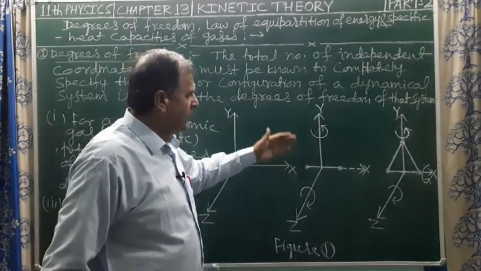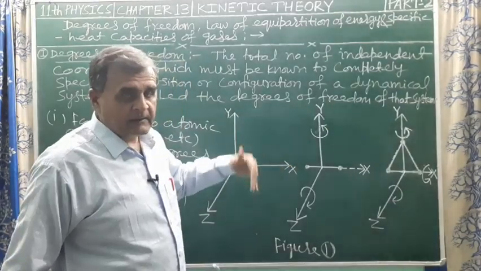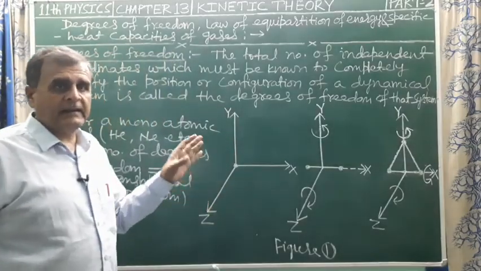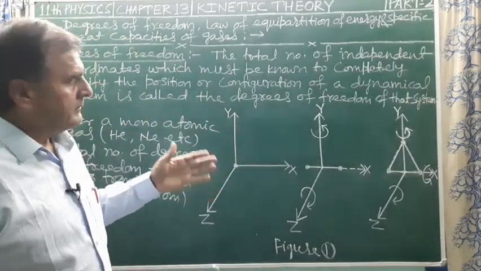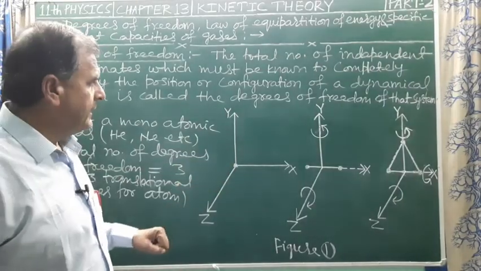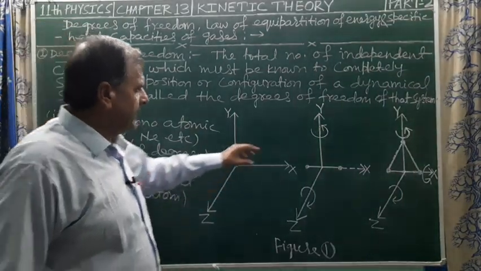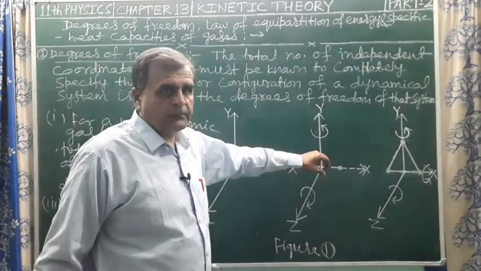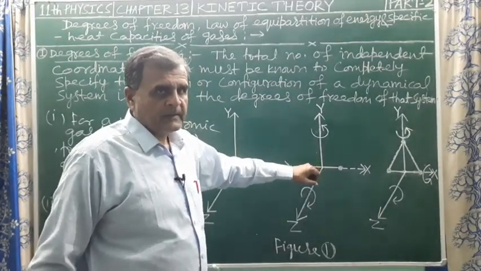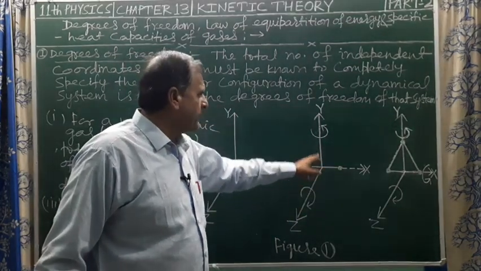So this system can move independently along x-axis, y-axis and z-axis. Therefore, there are 3 independent coordinates for translational motion, and this system, that is the system of 2 atoms, can rotate about 2 perpendicular axes